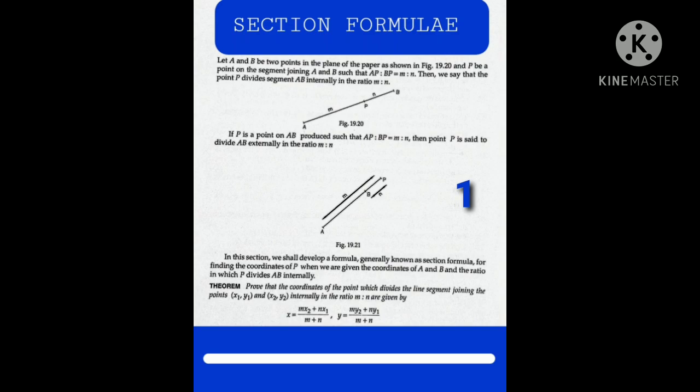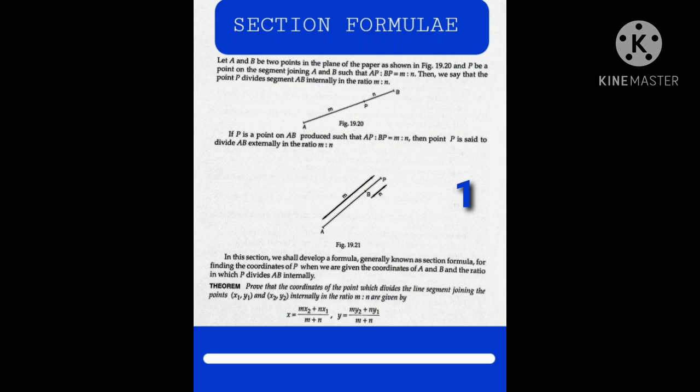So this is the second video of coordinate geometry. In the first video we discussed the distance formula, right, and had a lot of examples and problems over there, right? So here today we will discuss the section formula, another important concept in coordinate geometry. Now what is section actually? Section means a part, right?